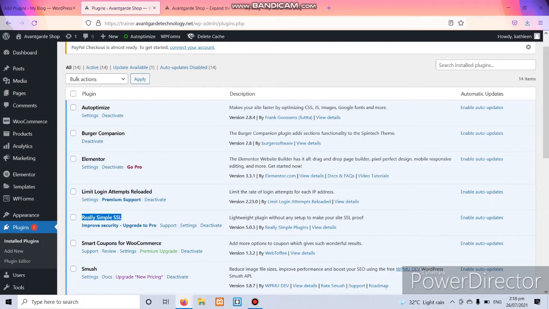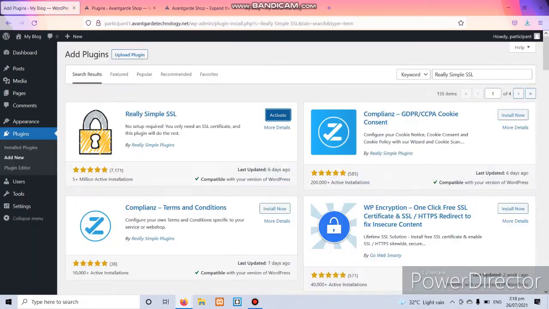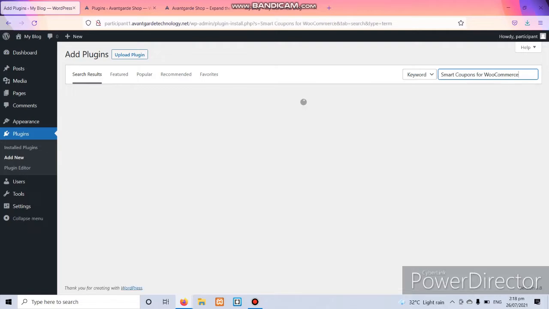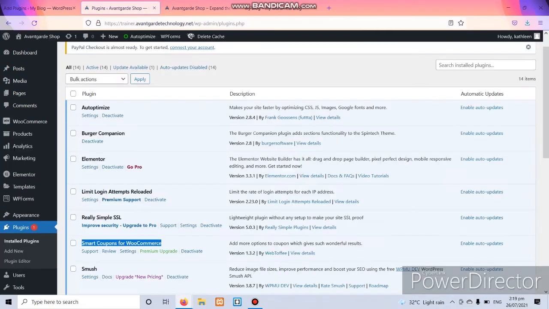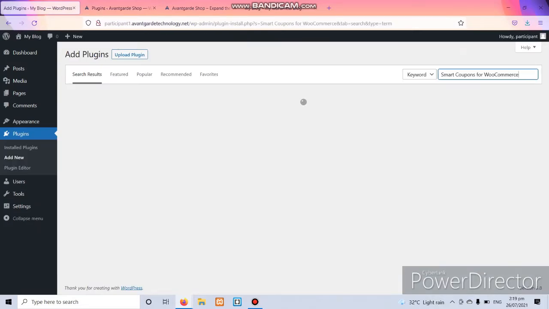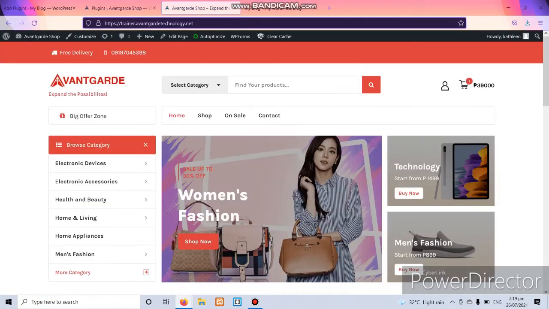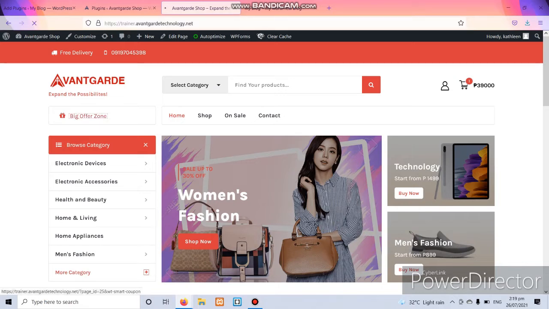What else? Smart coupons for WooCommerce. Guys, I will teach on how to create coupons. Sino mahilig mag-Lazada dyan? Alam niyo, mahilig ako mag-Lazada. Tsaka lagi rin ako, hindi naman lagi, pero nai-scam din talaga ako. Guys, huwag kayong gumawa ng website na may scamming, ha? Joke lang. So, smart coupons for WooCommerce. Kailangan natin to kasi we will do, look at this, guys. Big offer zone. When we click this,